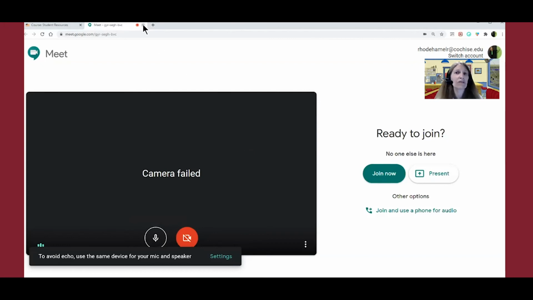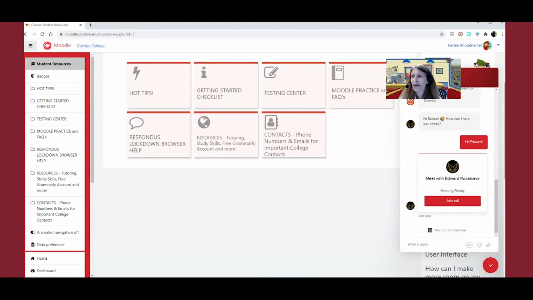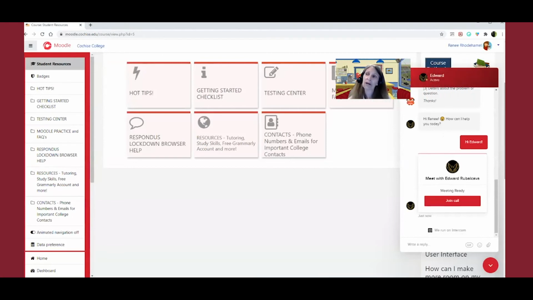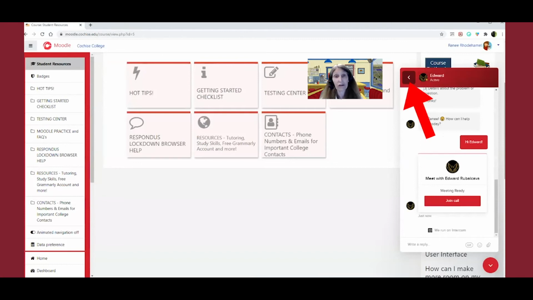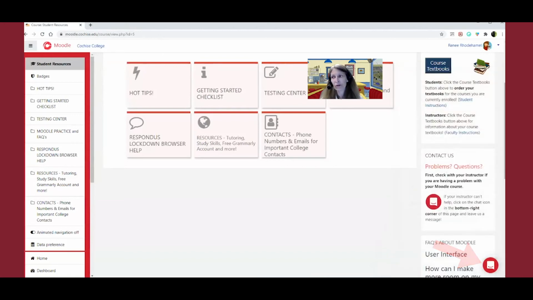You certainly don't need to do this. Most of the time, we just type back and forth and work with a student to get their questions answered. Okay, the other thing about this chat window right here is that here's the back button at the top of it, okay? And down at the bottom is simply the down arrow for closing it.